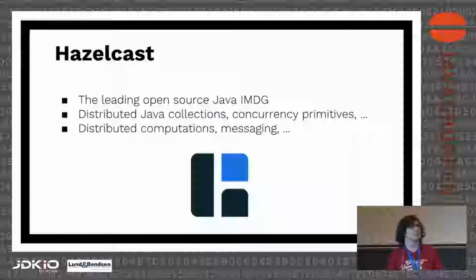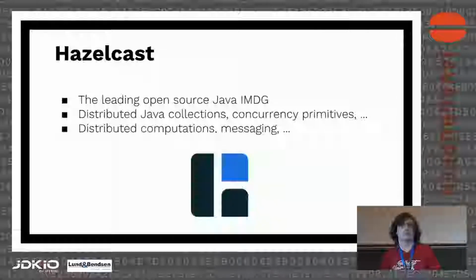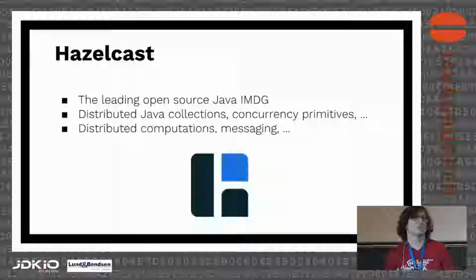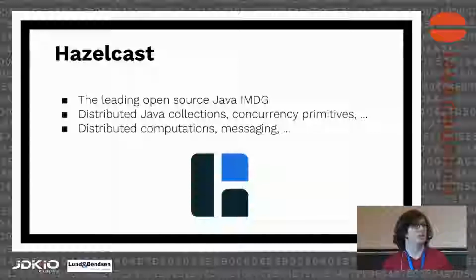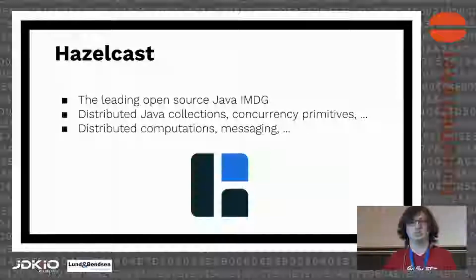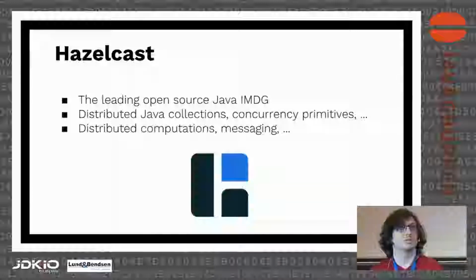It's like a key value store. In simple words, it's a data structure cluster that works in memory. And it gives you distributed implementations of Java collections APIs like map, set, queue, list, and also concurrency APIs like locks, atomic longs, atomic references, countdown latches, etc. And besides data storage, it also gives you computation, processing, and messaging features like distributed executors, scheduled executors, topics, and